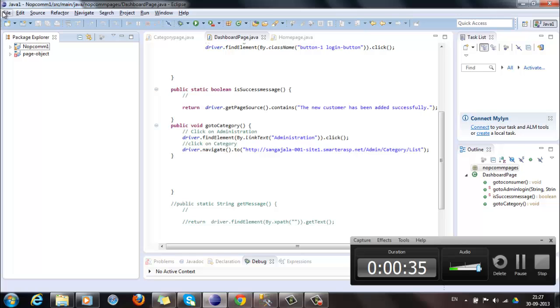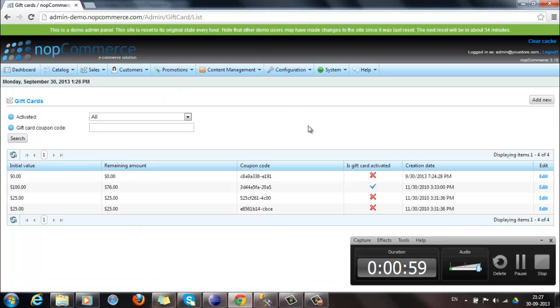with Cucumber, and also try to glue the page object model with Cucumber and run the sample tests. The implementation part will be given back to the user who is seeing this, but we will create the basic skeleton framework. So the functionality that we will be discussing today will be